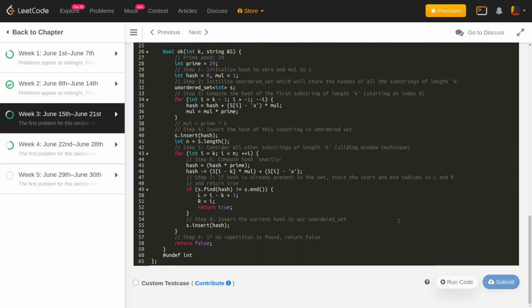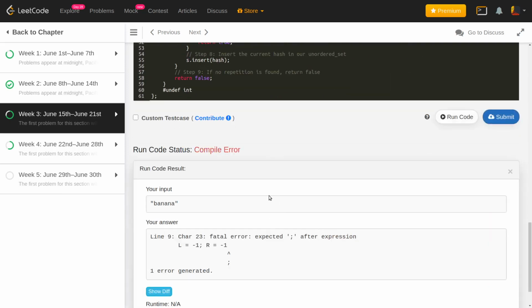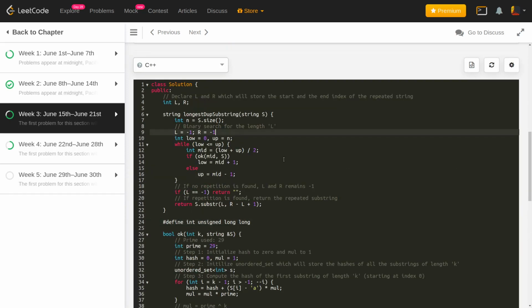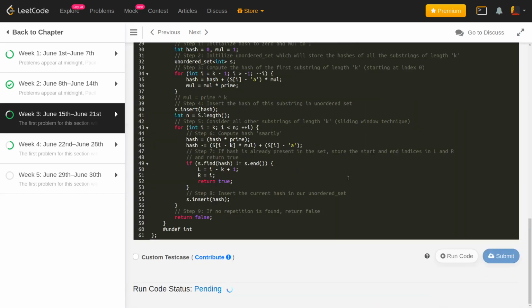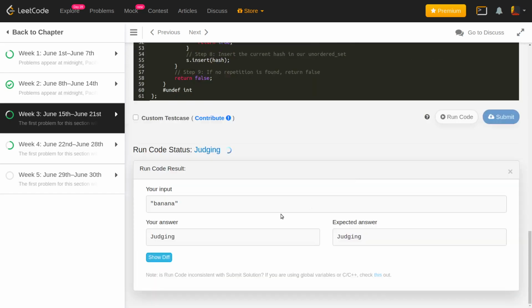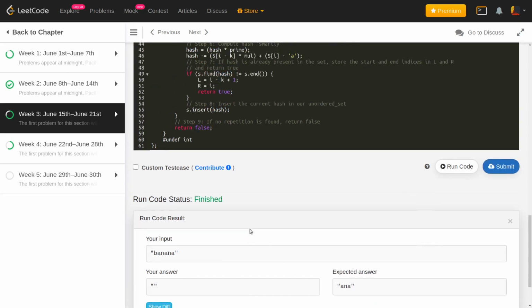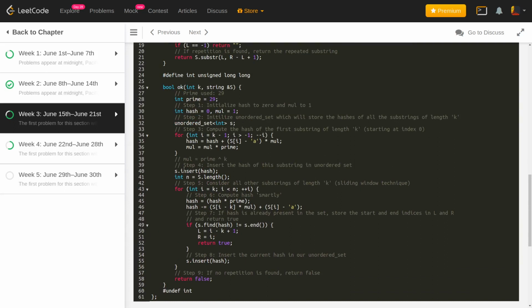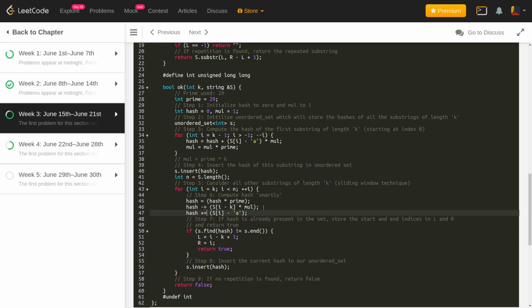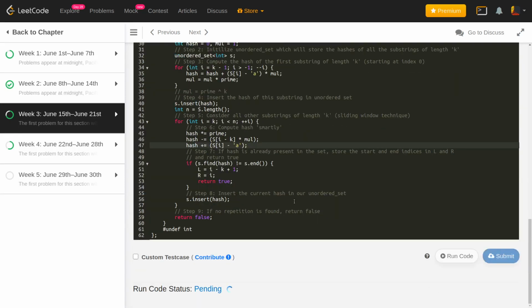Okay, so let's just try to run this code first. Oops, sorry, my bad. Okay, so did I miss out something in the hash part? Oh, okay, I didn't make it on the next line while explaining. So I just need to add this quantity. This quantity needs to be subtracted, and this quantity needs to be added. And this prime actually needs to get multiplied. So this is what our implementation was. That's why I've just highlighted these 3 steps here. Let's just try to run it now.